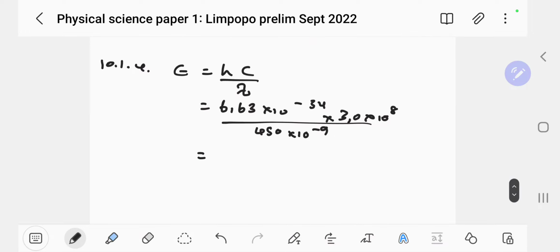So let's see if this energy is above the work function of that. So this is now 6,63 times 10 to the minus 34. You know what, guys? I'm committing a crime here. Times 3,0 exp 8. You know what? I'm committing a crime, guys. I'm working today. It's actually 4 a.m. now.